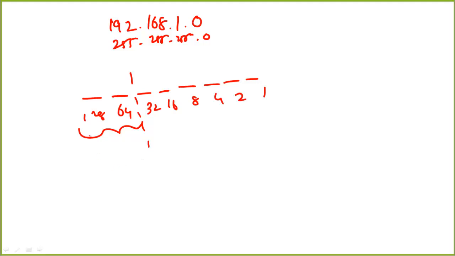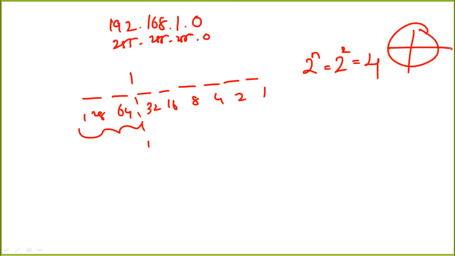So when I borrow 2 bits, what will happen to the subnet mask? The subnet mask is the first thing that changes immediately. The number of networks I'm going to have now is based on the formula 2 power n. N is the number of bits that has been borrowed. So 2 power 2 is 4, which means you will have 4 networks. Earlier we had 2 networks, now we have 4 networks.